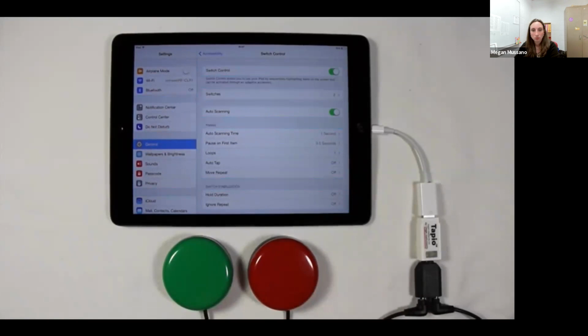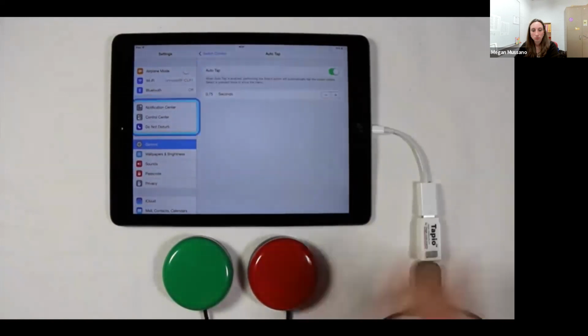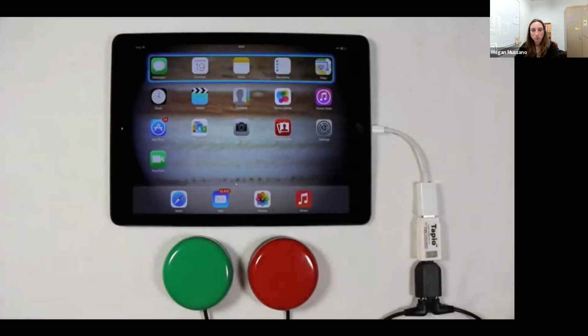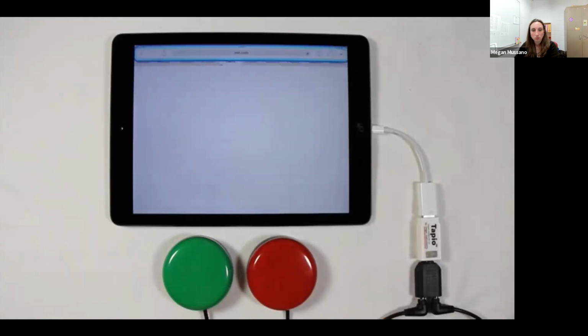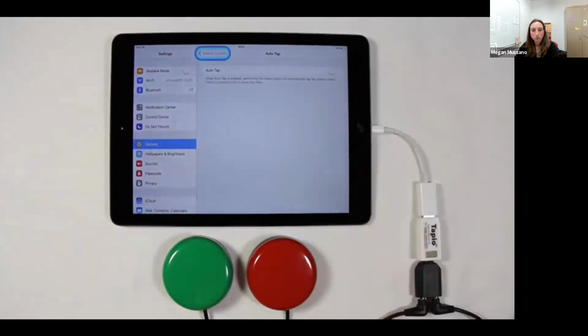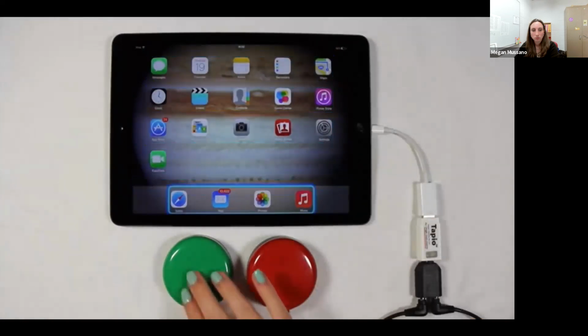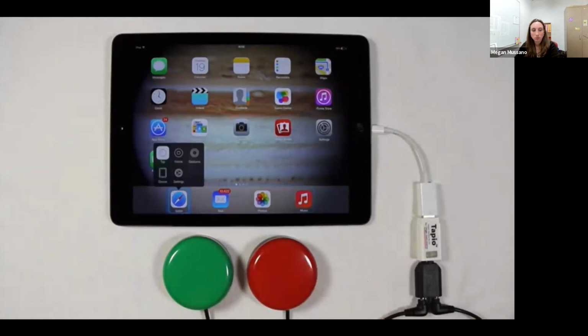And then to get the cursor back and start scanning again, all you have to do is simply tap your button. So after auto scanning, the next major feature is something called auto tap. Auto tap is a feature that when it's on, it means that when you go to select something, let's say, for example, if we select Safari, the second you select it, it will automatically just open up the app. But if you have auto tap off, when you go to select something like Safari, it'll open up a little menu that has a bunch of different options, but then to open up the app, you'll have to